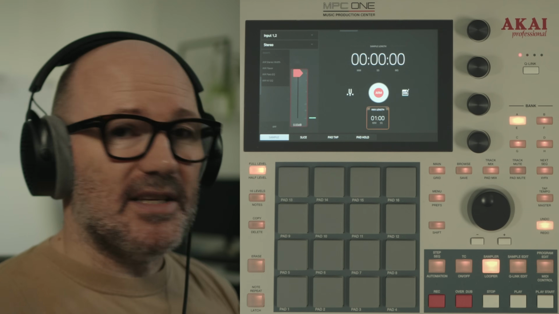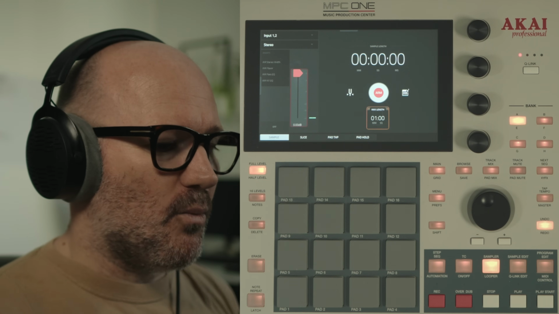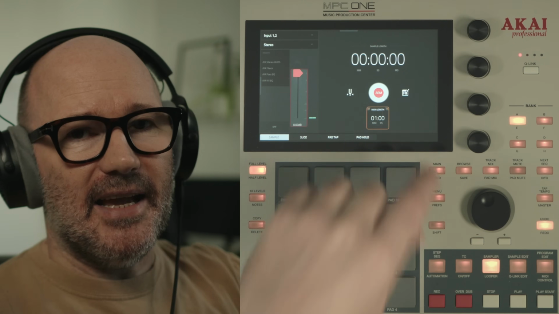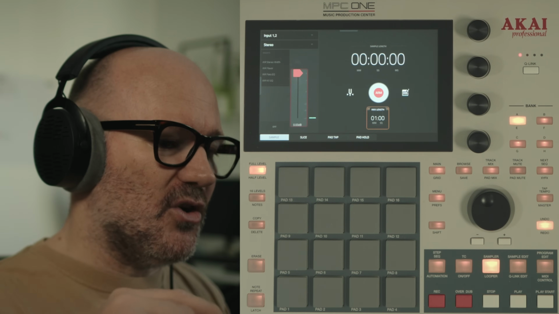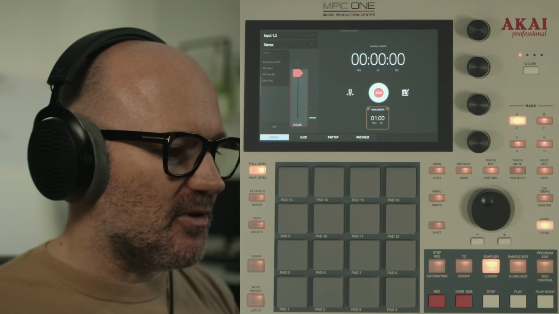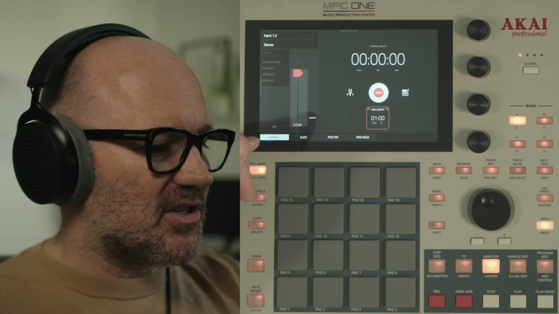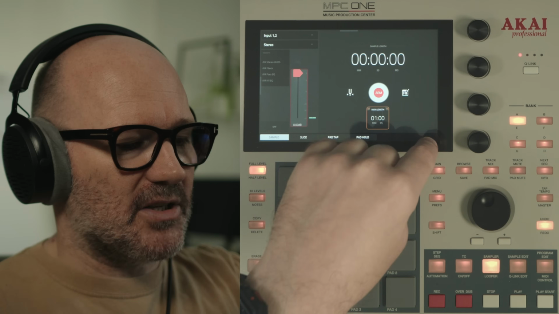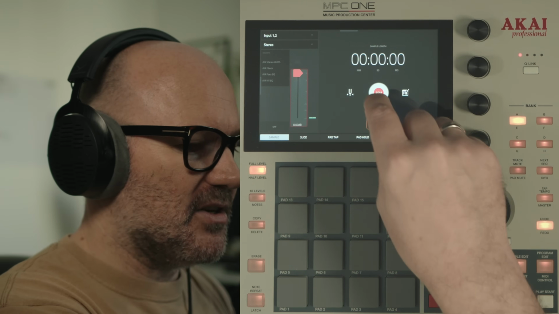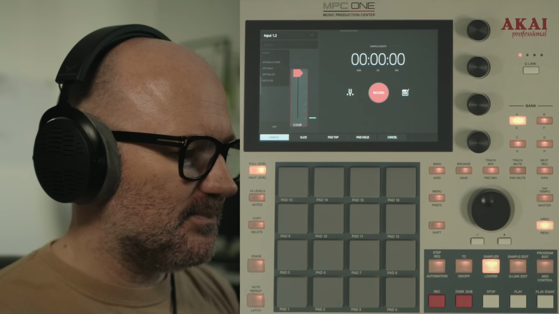And you'll also notice in the normal sample mode, when I press ARM, there'll be a little slice button down here. And what that's going to do is you're going to be able to chop up the sample as it's playing in, which is really, really useful. So you have that option in sample, but what you're having to do is use the touchscreen down here to chop it up. So it's a quick way to just chop your sample up as it goes in. So as you see, when I press record here,